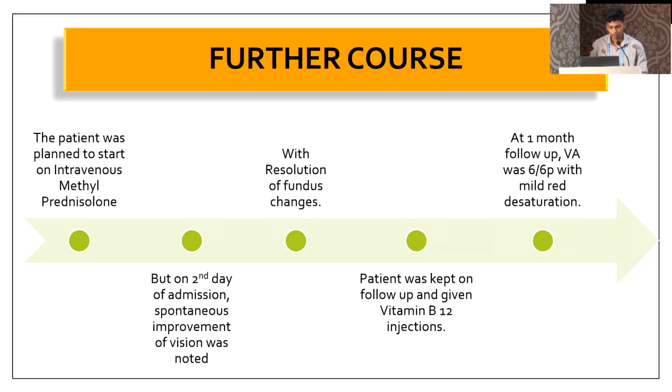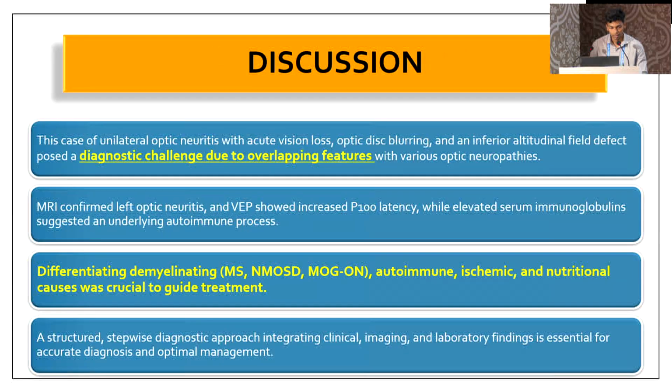At first month follow-up, visual acuity was 6/6 with a mild red desaturation. So, discussion: this case of unilateral optic neuritis with acute vision loss, optic disc blurring and inferior altitudinal defect was a diagnostic challenge due to overlapping features with various optic neuropathies. MRI confirmed left optic neuritis and VEP showed increased P100 latency, while elevated serum immunoglobulin is a result of an underlying